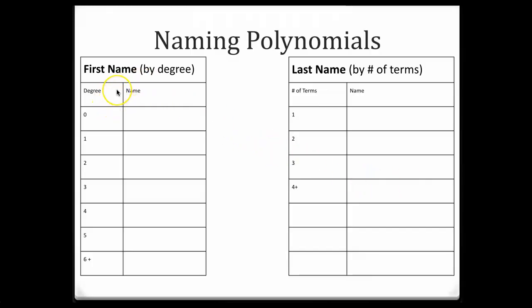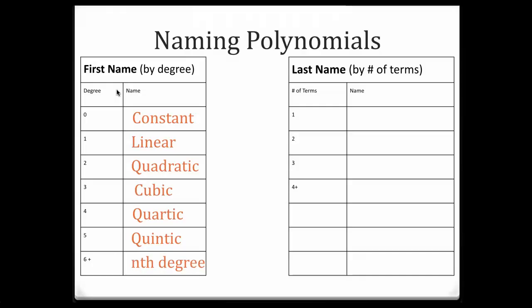Okay, so how hot is it? If the degree on the variable is 0, it's a constant. First degree is linear, 2 quadratic, 3 cubic, 4 quartic, 5 quintic, and after 5, we could waste our brain power memorizing names, but we just kind of cheat and call it 6th degree. If its highest exponent is 10, it's